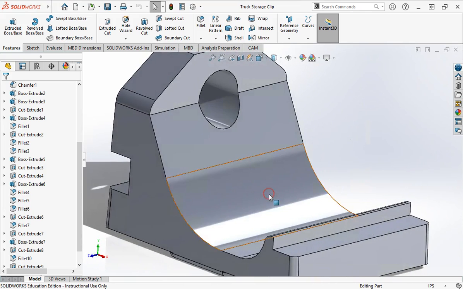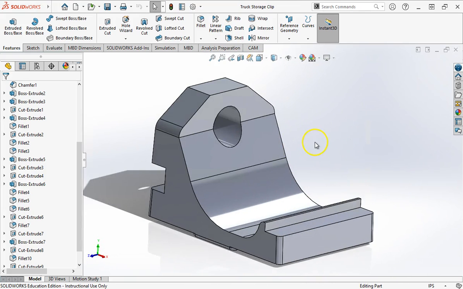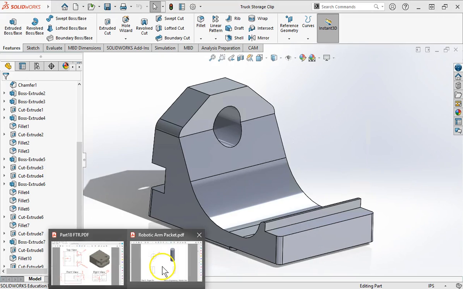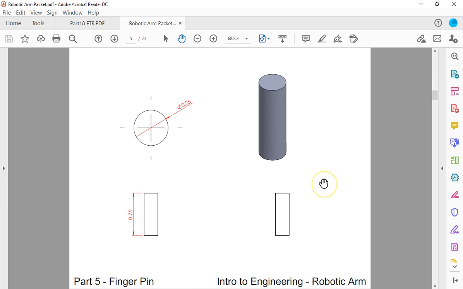Okay, so those are the three different planes. Now some people then ask, well, if I'm going to build a part, which view do I start in? So let's take a look at a couple different parts, a couple different drawings here. And what you have to do is think about how you are going